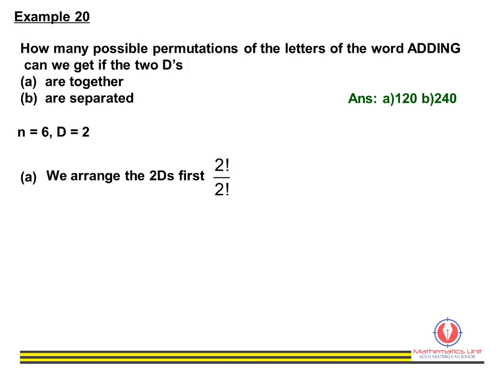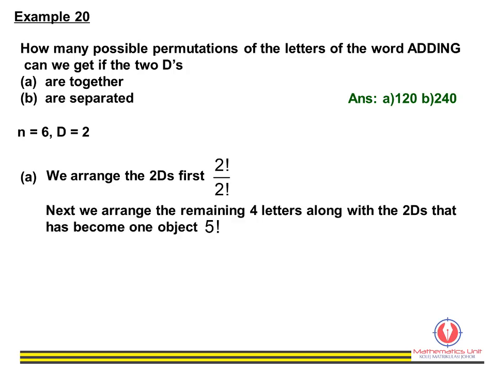For case A, where the two D's are together, we arrange the two D's first. So, we will get 2 factorial divided by 2 factorial. Next, we arrange the remaining 4 letters, along with the two D's that have become one object, and permute them together. We will get 5 factorial. The number of permutations we will get is 2 factorial divided by 2 factorial, times 5 factorial, equal to